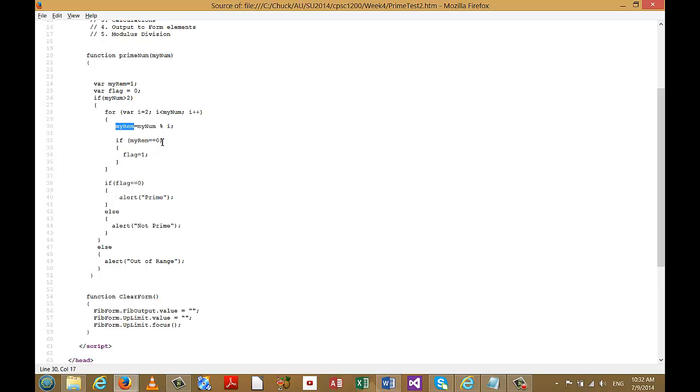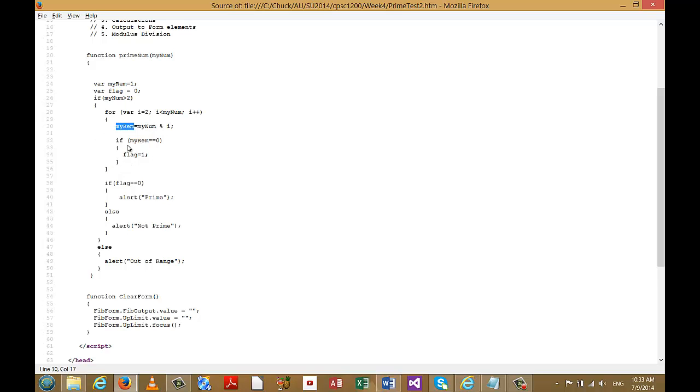So when the if statement is executed, it checks to see whether or not 1 is equal to 0, and in this case it would fail, and consequently flag would remain 0. And then we go back through the loop a second time where i would be incremented by 1. Its value would change from 2 to 3, and if 7 is my input parameter value, I would be dividing 7 by 3, and I would get a quotient of 2 and a remainder of 1 again, and store the 1 in rem, and then it would fail the if test,